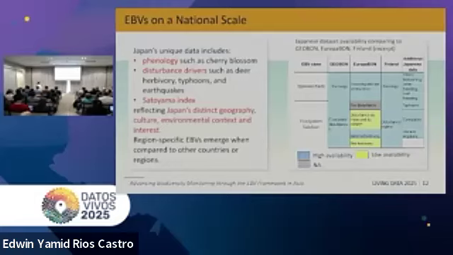The datasets specific to Japan include phenology, such as cherry blossom, bus drivers, and the Satoyama index, which represents the mosaicness of land use types influenced by human activity in the traditional rural landscape in Japan. These reflect Japan's distinct geography, culture, environmental context, and interest. As such, region-specific EBVs emerge when compared to other countries or regions.